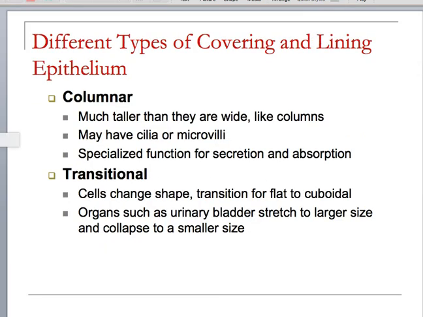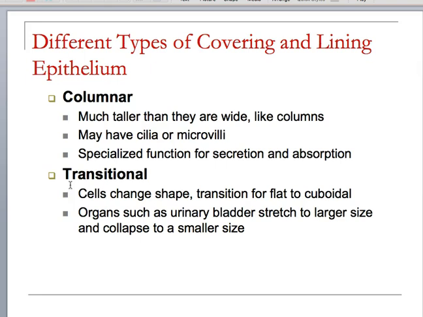Okay, so let's finish up. Columnar, you saw this in the previous video, where essentially they're taller and wider, and they're specialized for secretion and absorption. And remember, I said the transitional ones, these are the special ones, because an organ, say like the bladder or the ureter, it actually has to change its size, and you have to be able to withstand these pressures and these forces. And what happens, of course, is it can literally transition to a flat type cell. And by flat, we mean